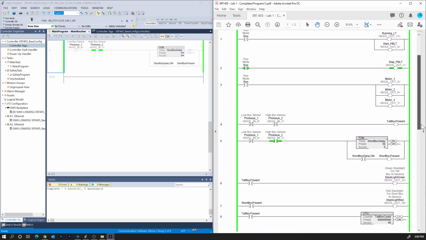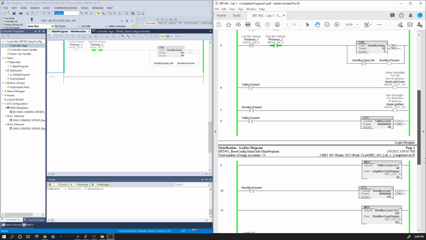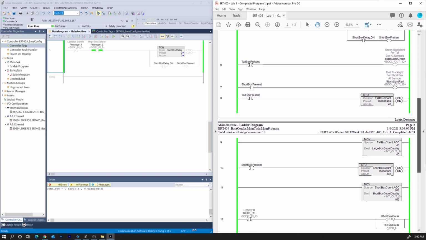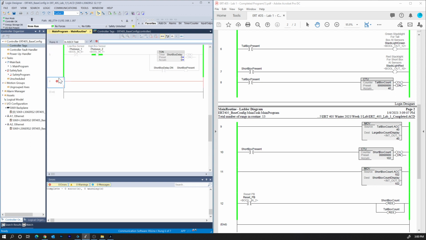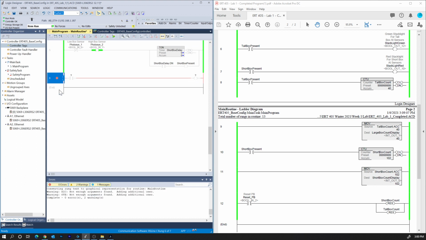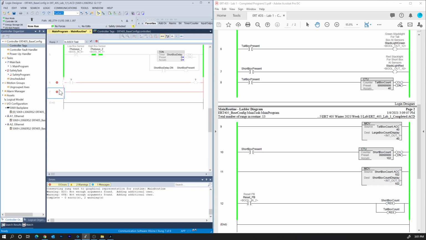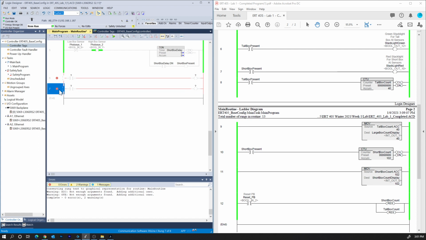Okay, so I'm going to scroll down and see where we're at. There's not a ton more logic than this. So we've got short box present, tall box present, short box present, and these stack lights. So let's do this. XIC, OTE, and the next one, XIC, OTE. Okay, so we got tall box present